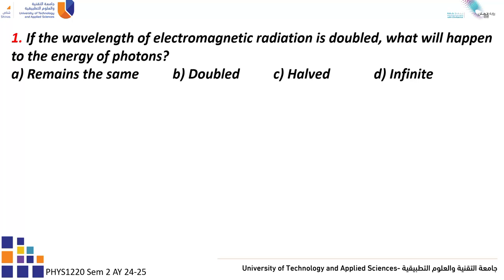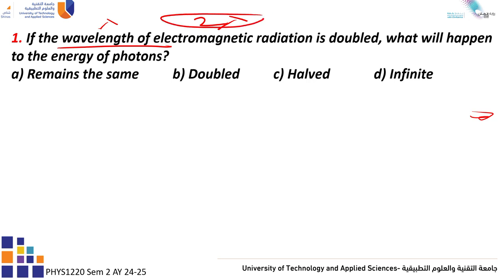These are the problems from chapter number 8, modern physics. Now the first question is, if the wavelength is denoted by lambda, like this. If the wavelength of the electromagnetic radiation is double. So the question says, if the wavelength is going to be 2 times, the double, like this, what